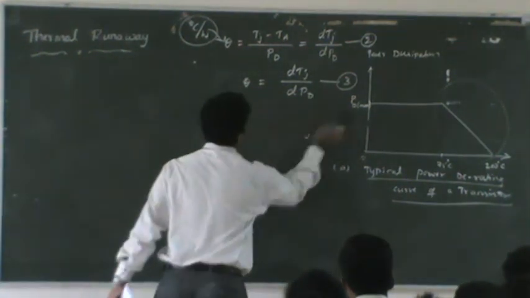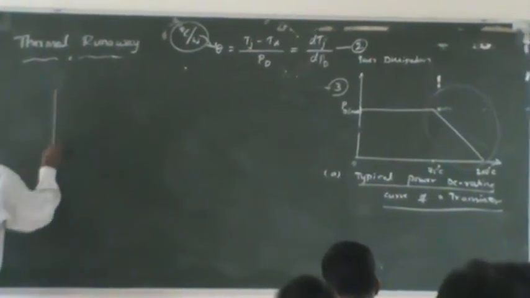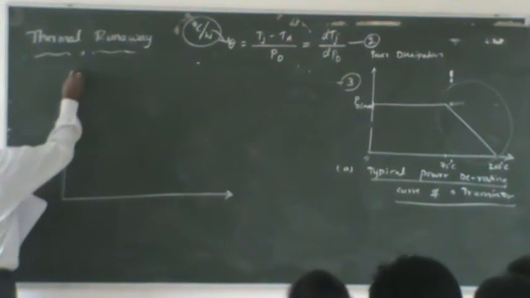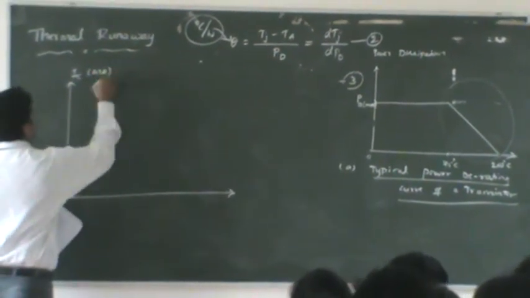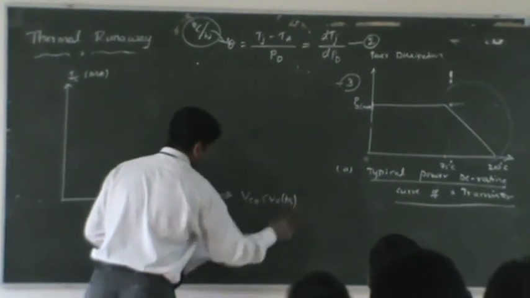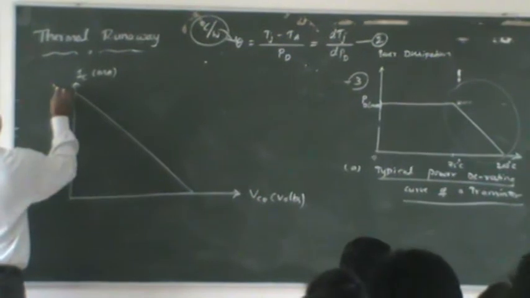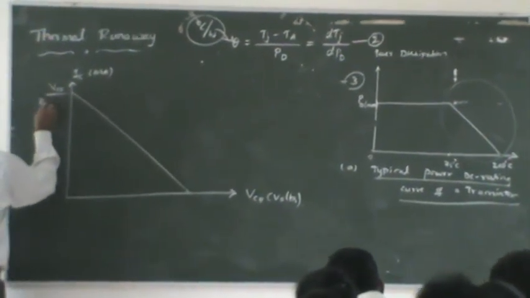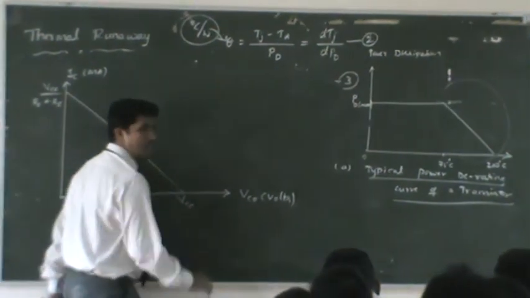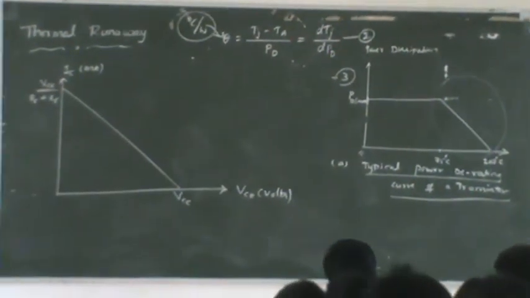I will stop it by discussing here a small graph. This is a small graph. By looking at this graph, can you tell me what graph I have done? Anybody? This graph you are seeing somewhere? Where you are seeing?